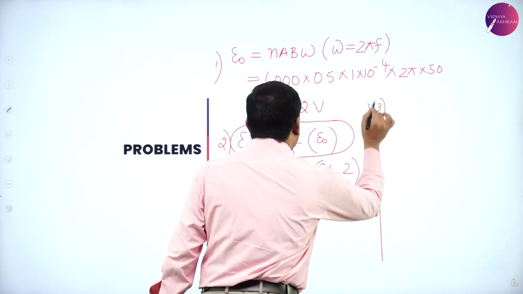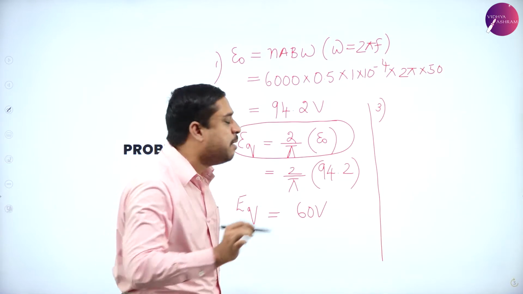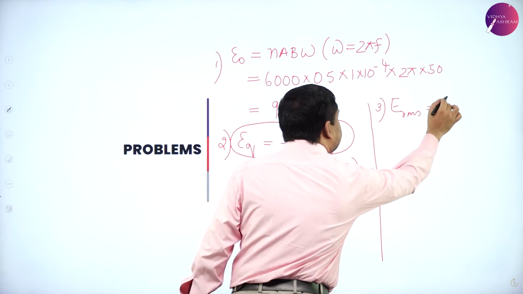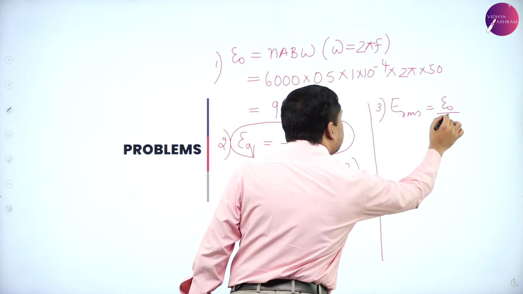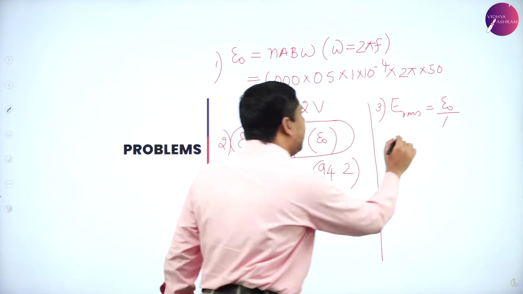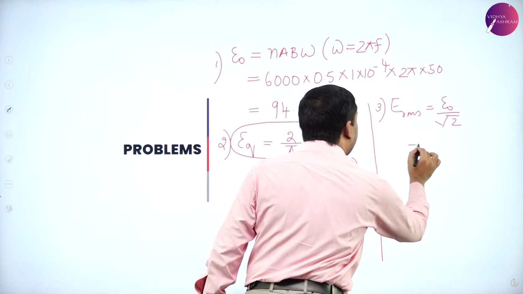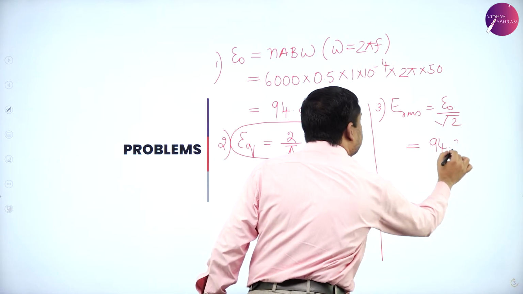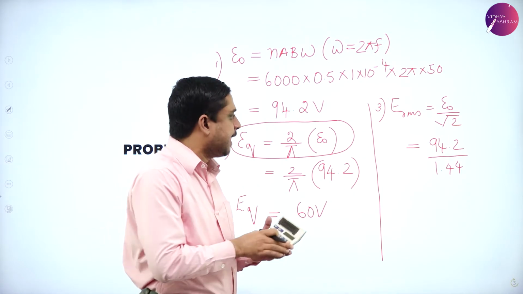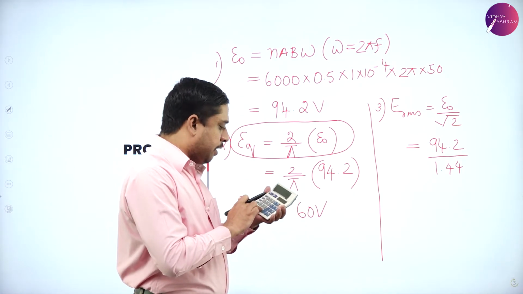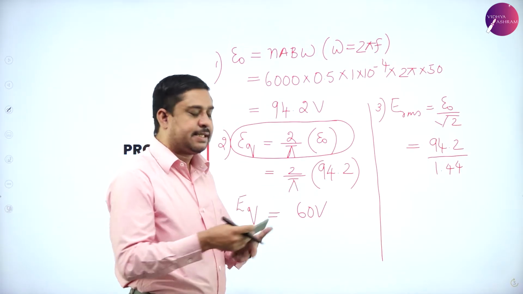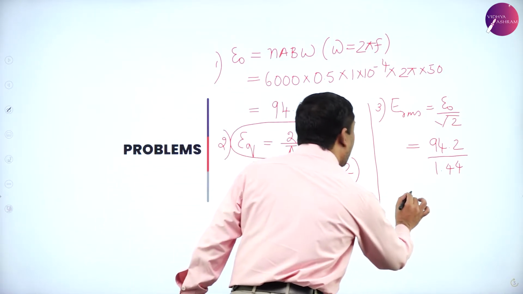Third one, we need the E RMS value. So E RMS is nothing but E naught by root 2. Again, 94.2 divided by 1.414. So the answer is 94.2 divided by 1.414. So it is 65.41